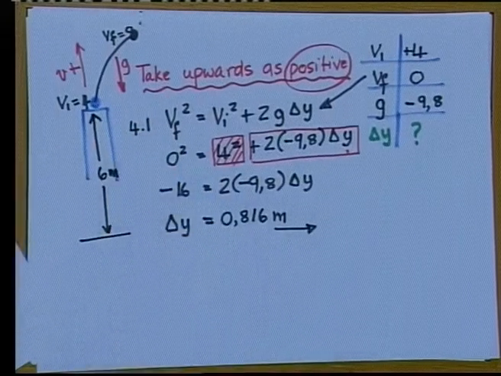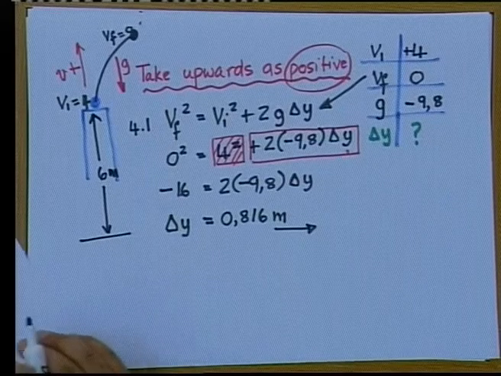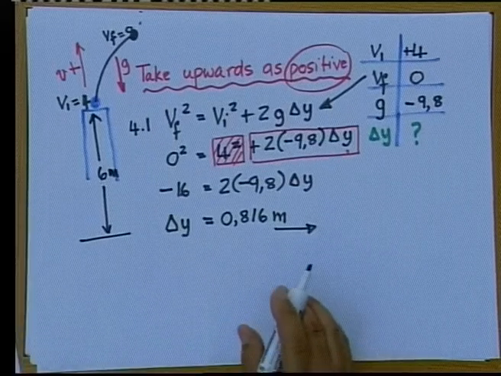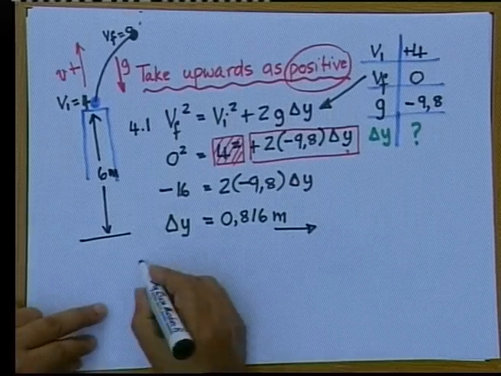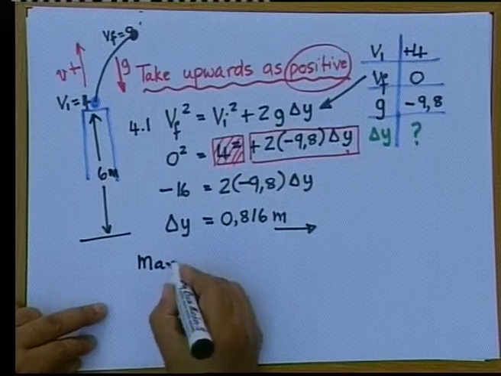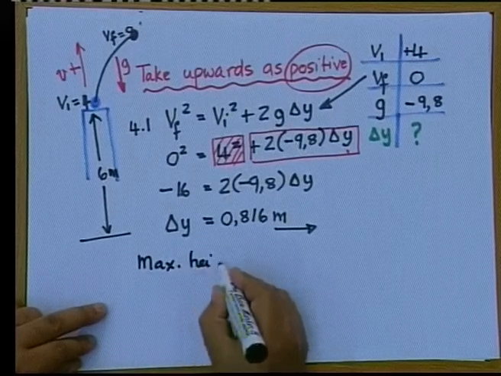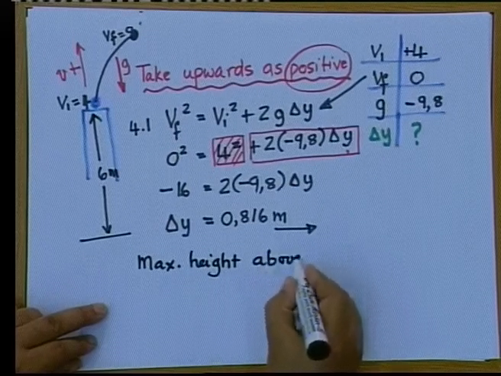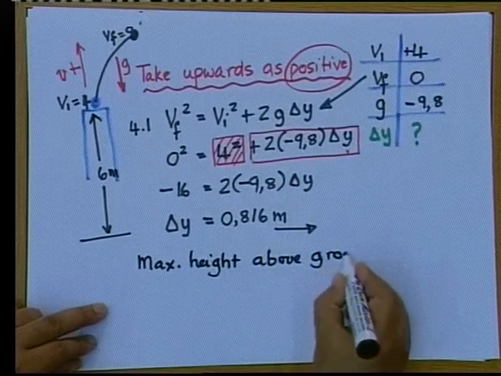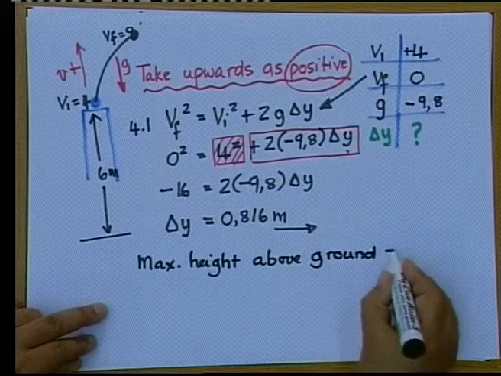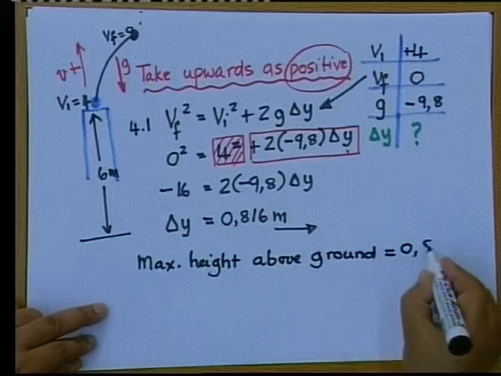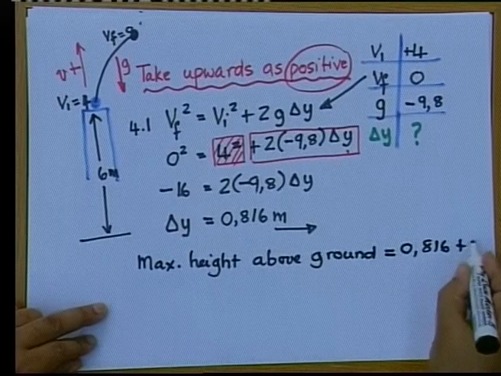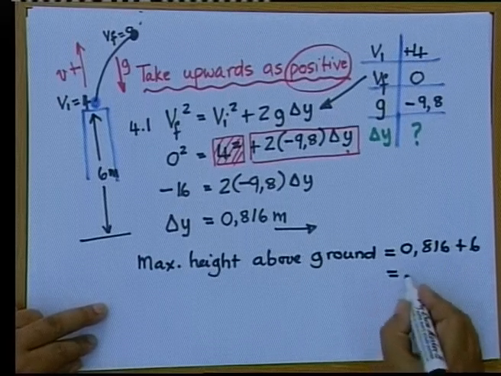That means I now have to write out the complete answer, and the complete answer would be maximum height above the ground is equal to 0,816 plus 6 meters, which gives me